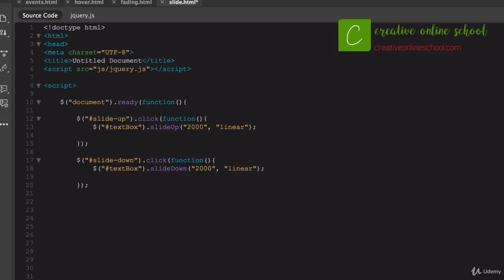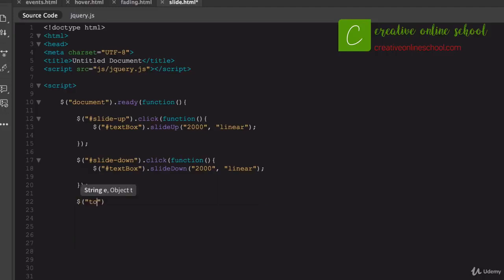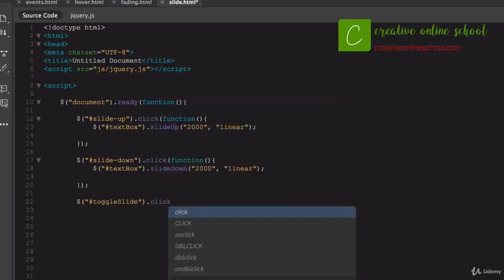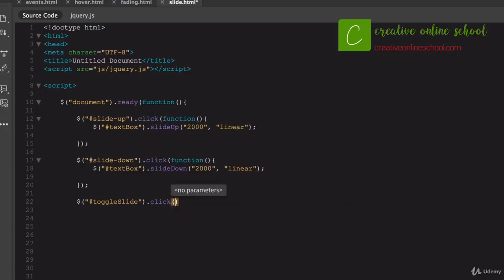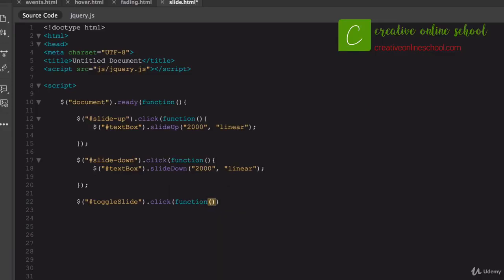Now the last thing that I want to do is create one more, and this one, actually, whoops, I'm going to target a new ID. I'm just going to call it toggle slide. And on that I'm going to say dot click. So again, on click, and we will create, just like we've done in the past, a function, open and close that right there, open and close a curly bracket,